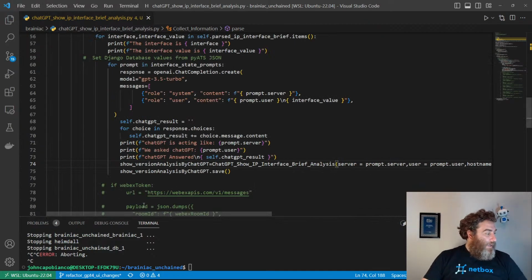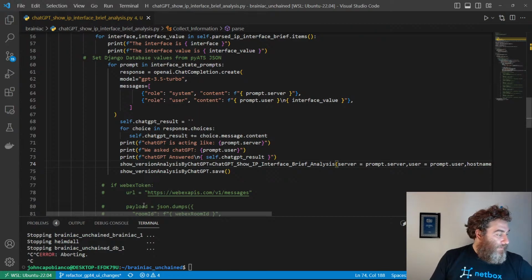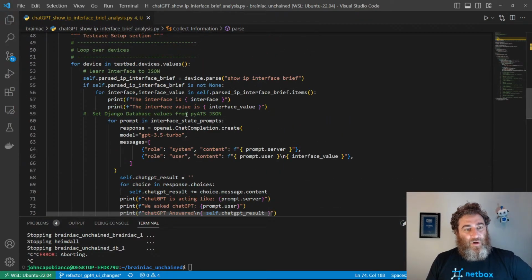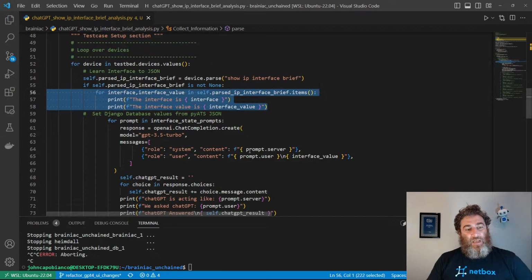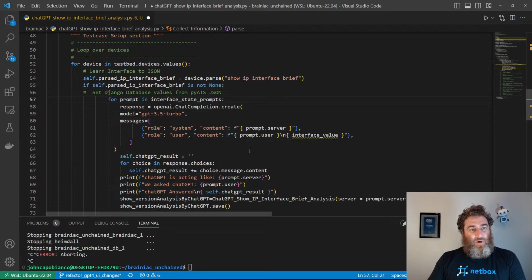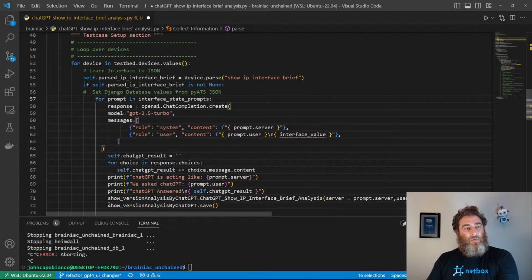Now, I don't know. What does everyone think? Should we do it per interface, or should we send it the whole payload of the full show IP interface brief and then let it decide? That might be easier than per interface, as it's fewer API calls. So let's quickly, since we have to bring the Docker back up, refactor that. We have to bring everything back here. So for each prompt, we're going to say,